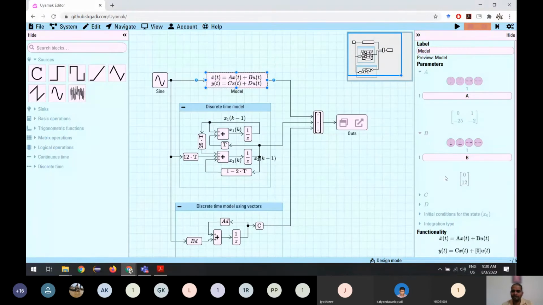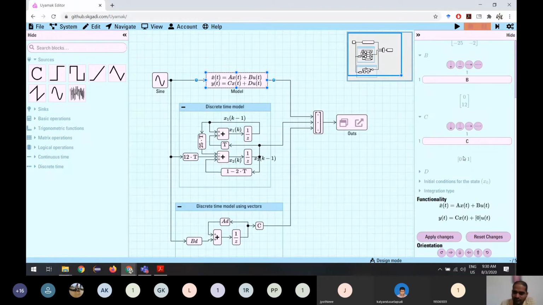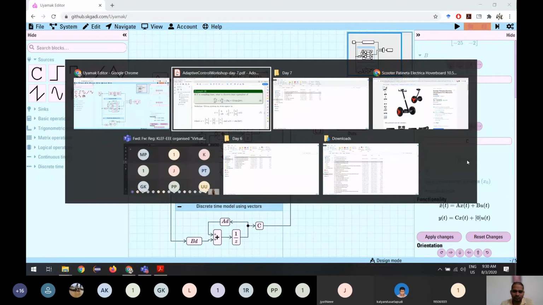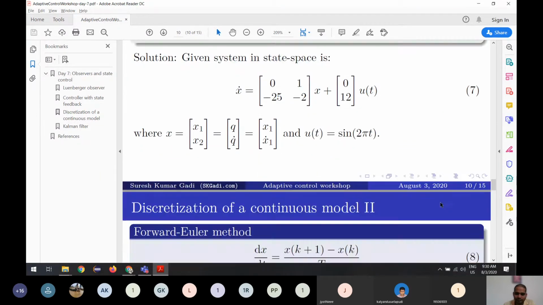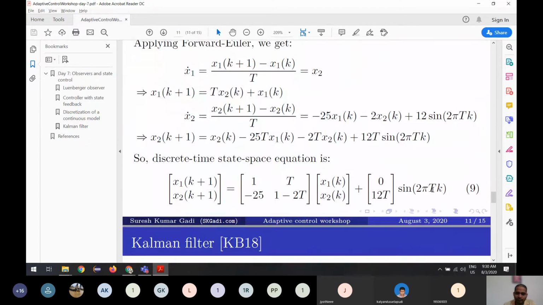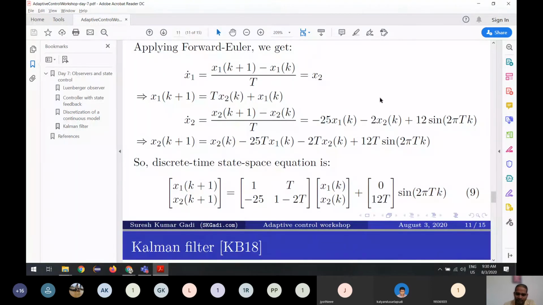So this is the system and it is going to run, but to see the result we have to give something to come out of the system. What I'm giving is 0, 1. What does 0, 1 mean? We are giving 0 to this and 1 to this. What we are measuring is the velocity signal, the q dot, and we will measure the q dot for the discrete system as well.